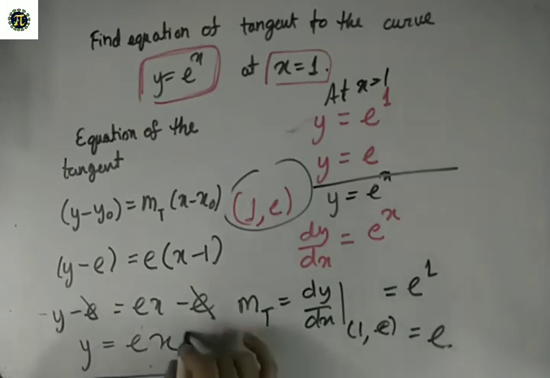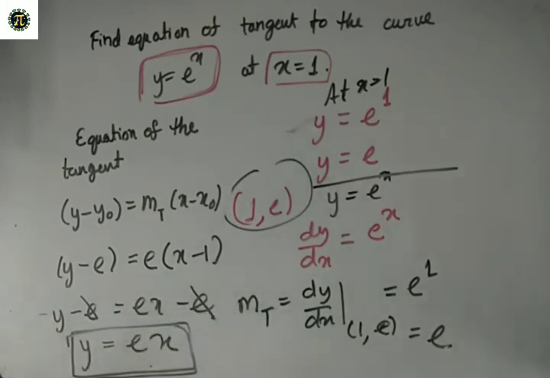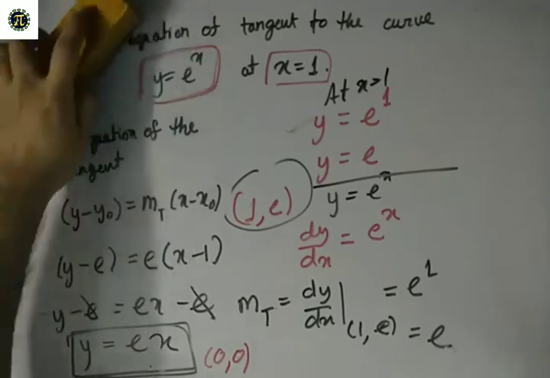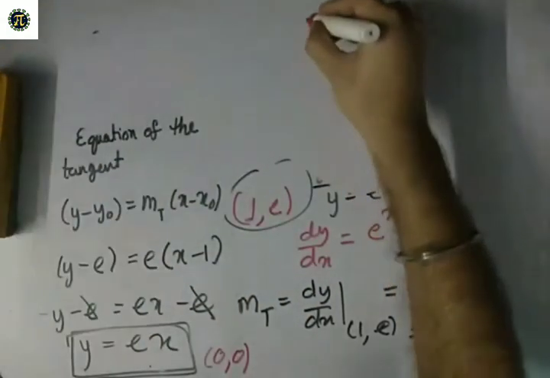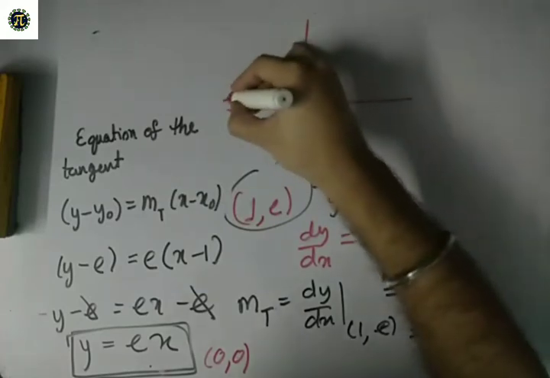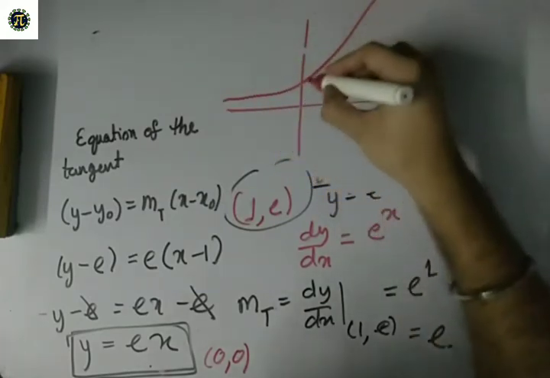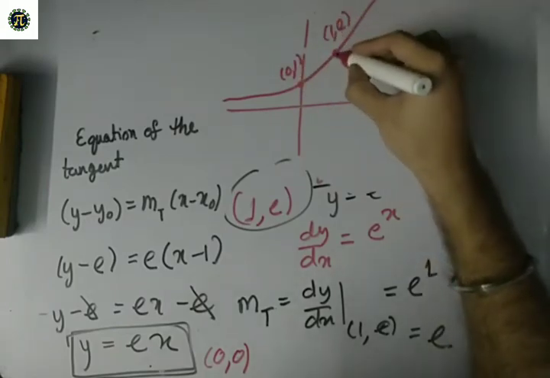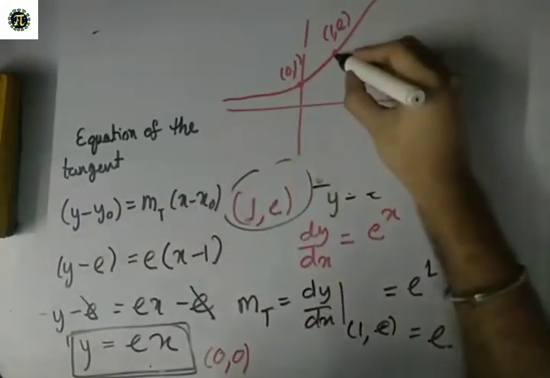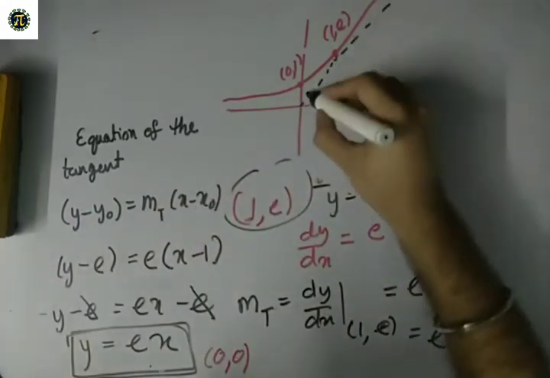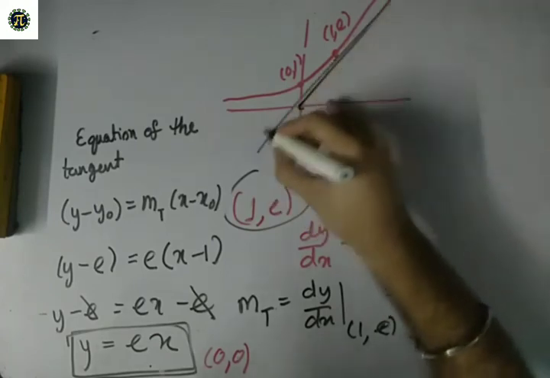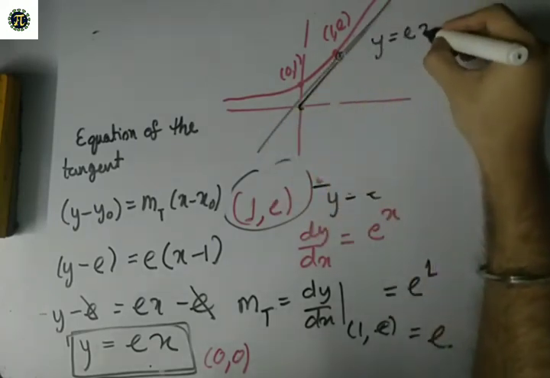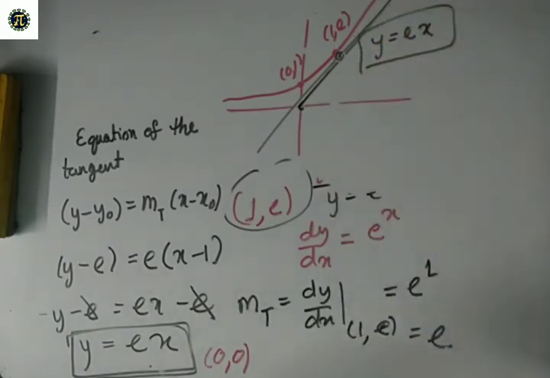Okay, y is equal to e times x. E cancels. So what does that say? First of all, this curve looks like it passes through the origin, right? (0, 0). Can we draw a simple diagram and see if it is going through the origin? Let's see. It passes through the point (0, 1), and then it goes to (1, e). At (1, e) we were trying to find the tangent, and it looks like the line has a slope e, and the line also passes through the origin, right? And we got the line to be y is equal to ex, e times x, at the point (1, e).